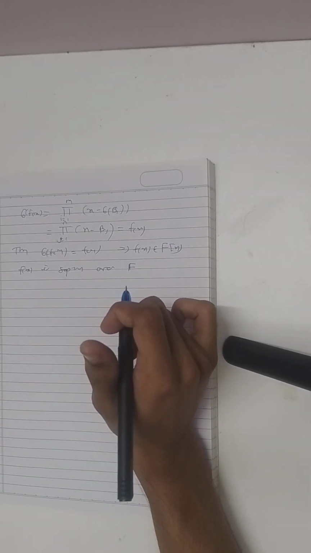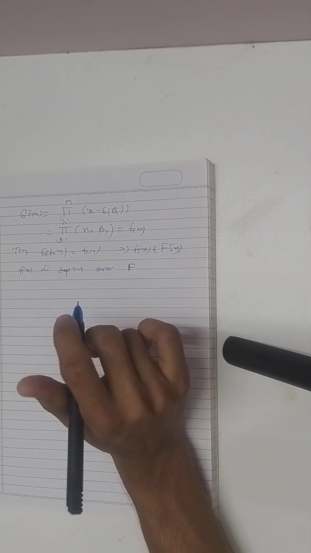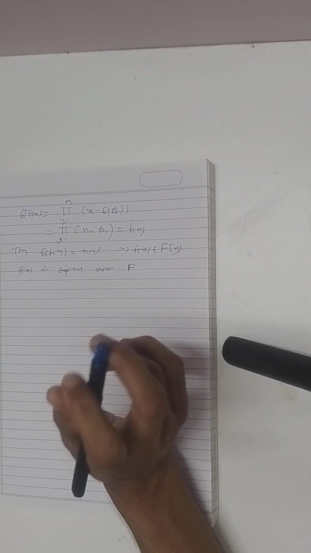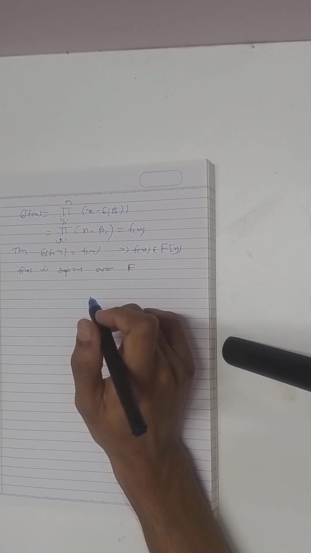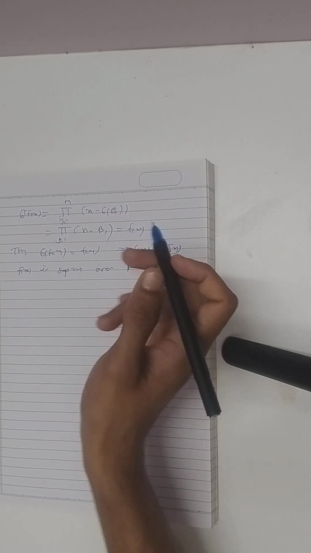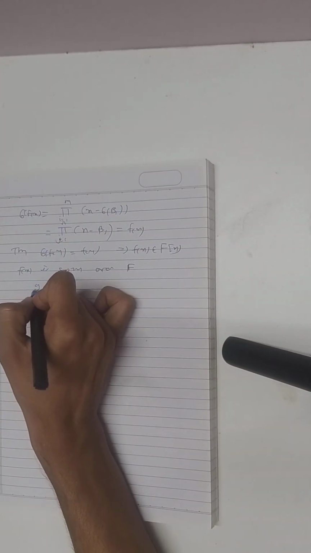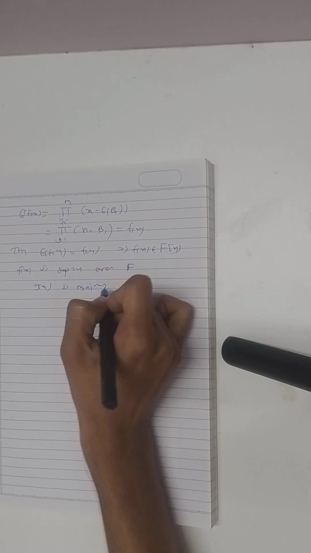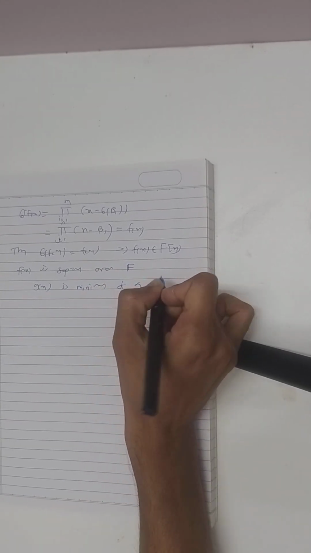So f of x is a separable polynomial over F. And now I want to prove that this extension E over F is a separable extension. So I just need that f of x is irreducible. Suppose it is not irreducible, then there exists some polynomial g of x which is the minimal polynomial of alpha,